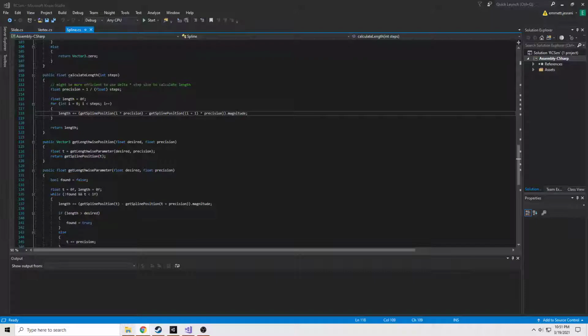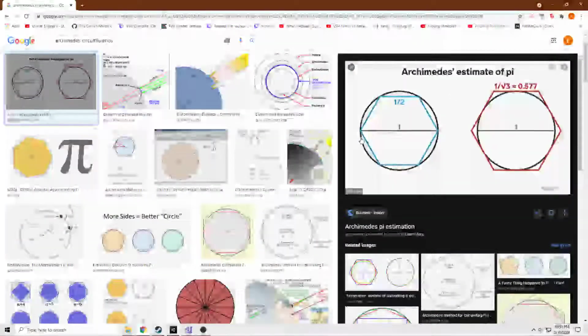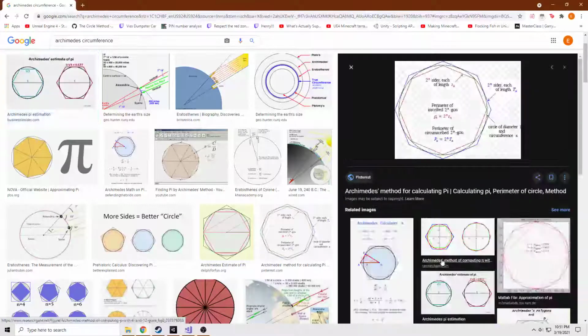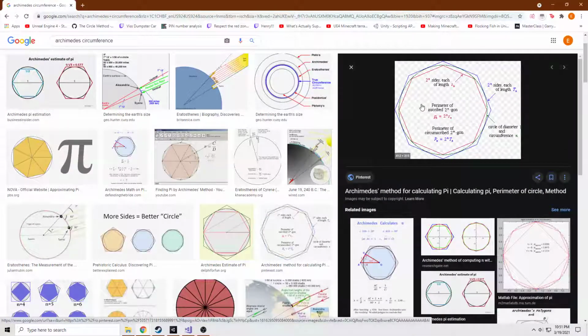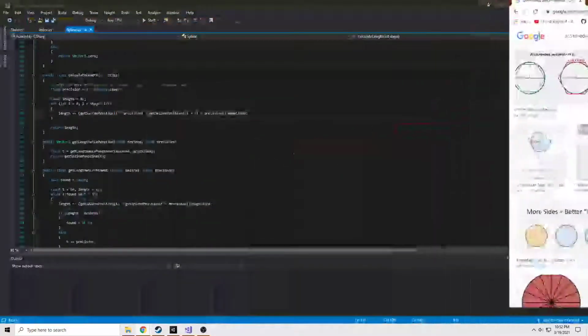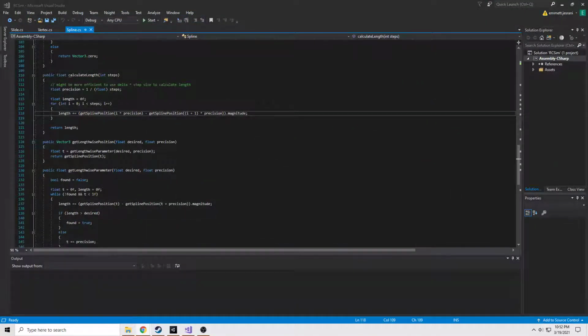I don't know if there's an actual name for this type of technique, but basically, okay, so this is kind of the same. You can see here we have a circle, and we're basically going through all of this and checking each of these individual sections as its own. So we go from this point to this point, and we check the length between these 2 points that we've selected, and then we go to these 2 points and we do the same, etc., etc. In this case, I think we do inside and outside, and then we average them or something, but either way,